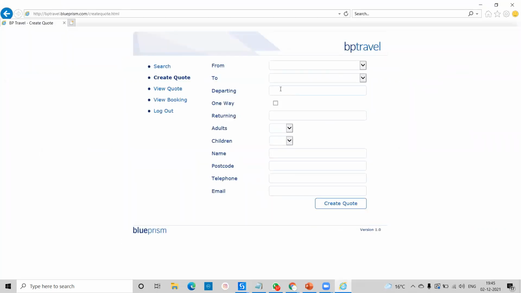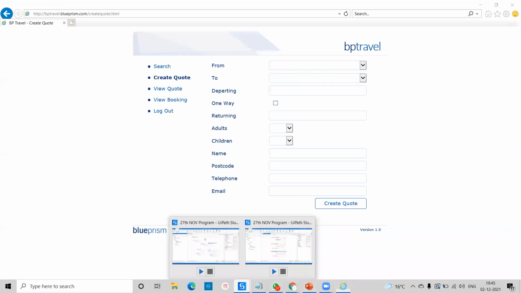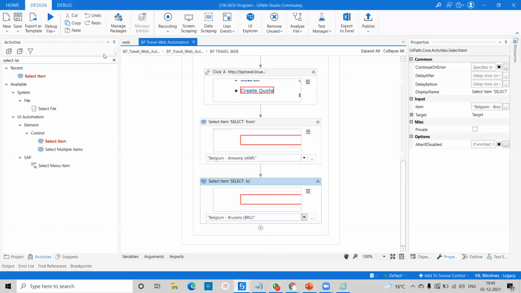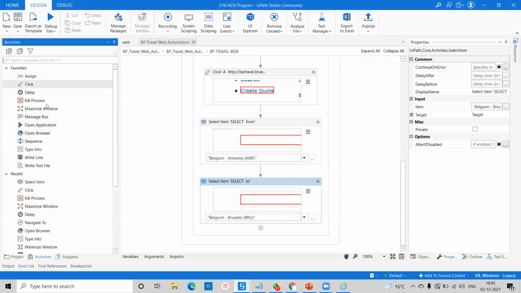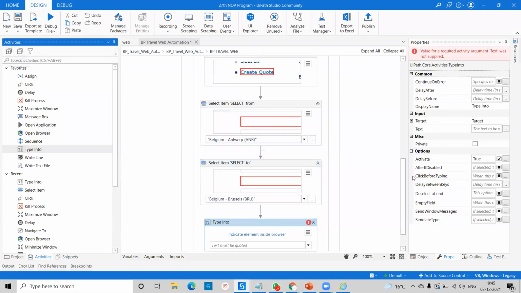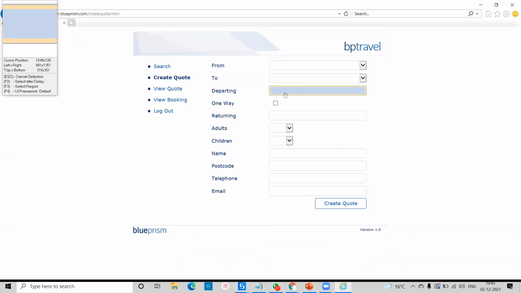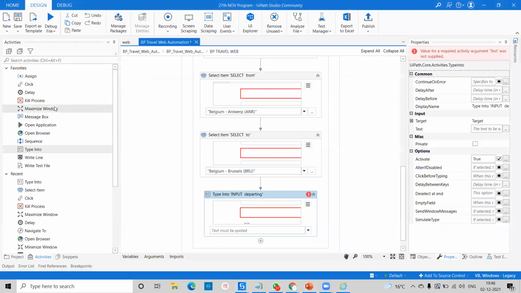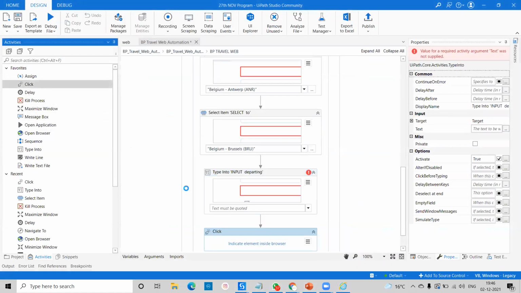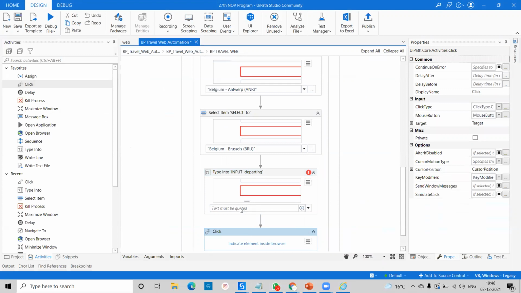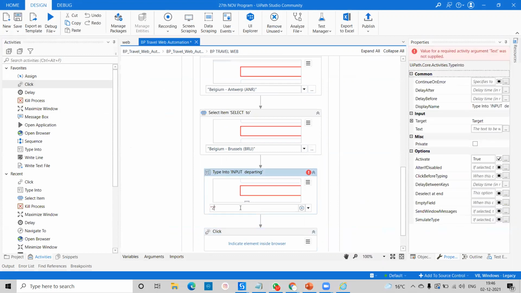And after that, here if you come after drop down, we have a text. Okay, so this is your type into activity. So you can see here we have to pass the departure date. So we'll go inside UiPath and we'll take this activity called type into. Okay, so type into here, simple drag and drop. So here we'll take this departure, and one way is called click. Okay, so if you double click also, automatically this activity will come,